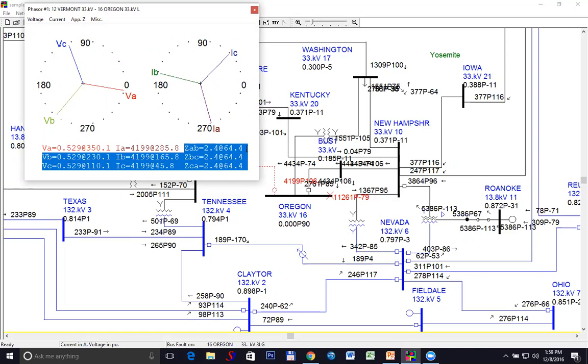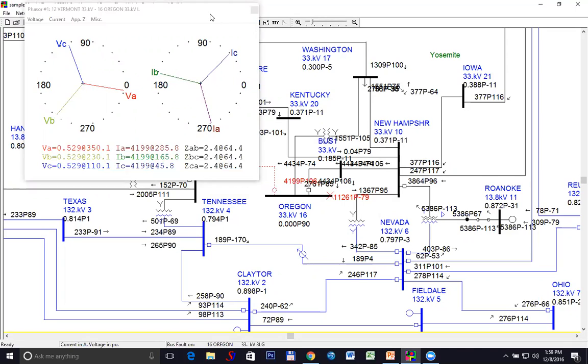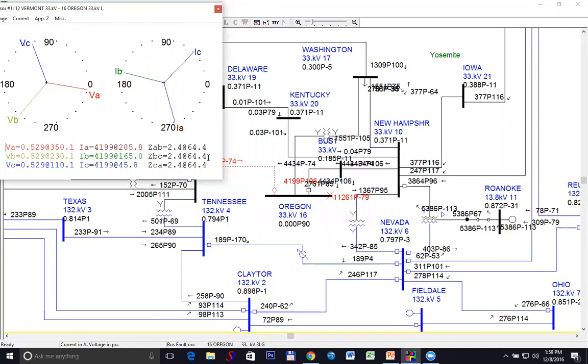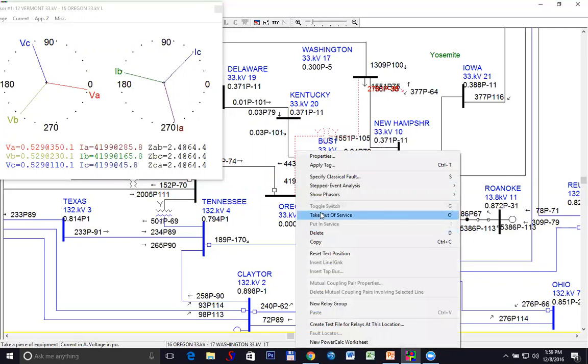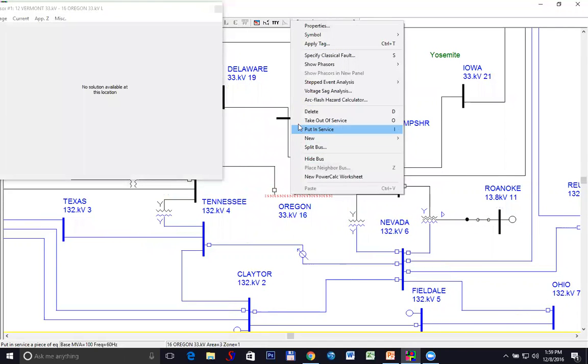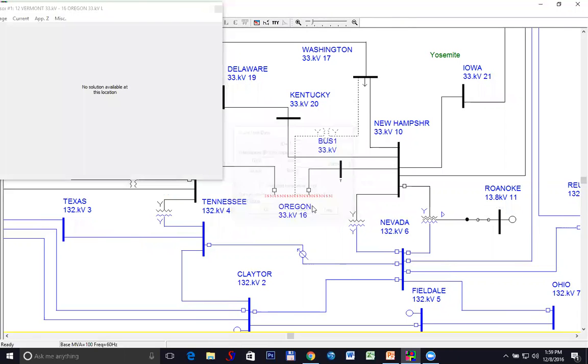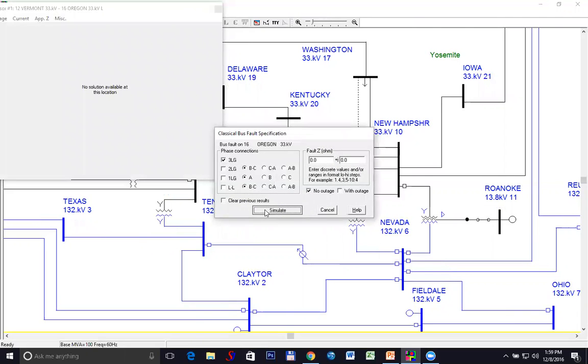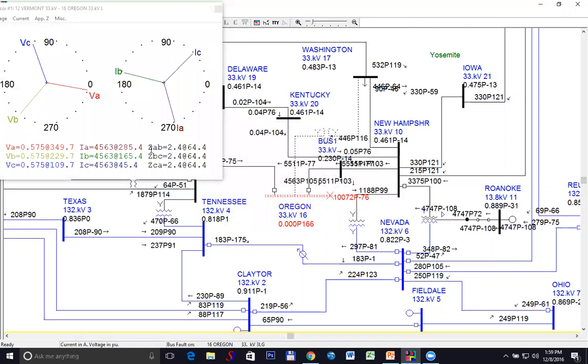Okay, so you can say, I want to take this line out. You can take that out of service. You can do another fault again, and let me just use a shortcut. I click on this and it says I put in another fault. And now I get a different set of impedances. Do you follow?